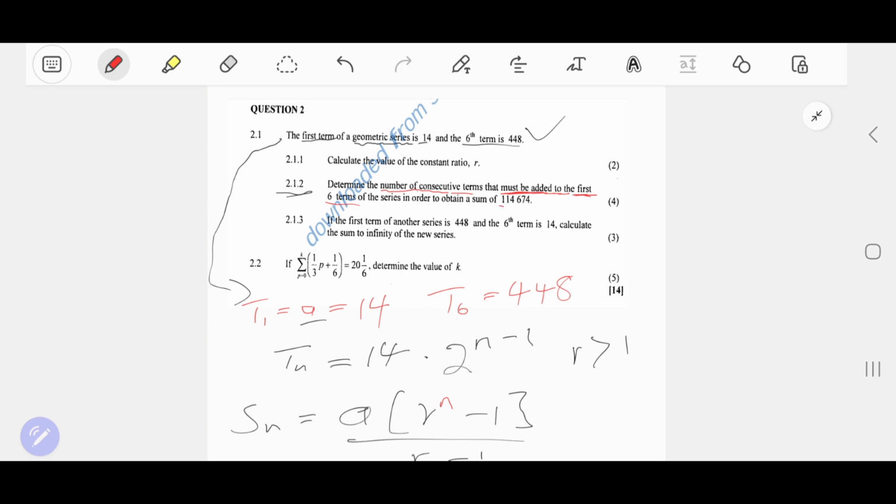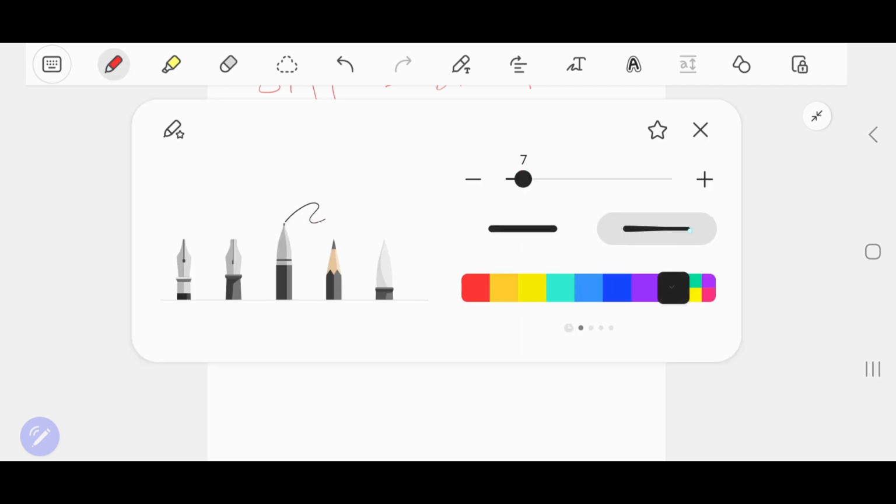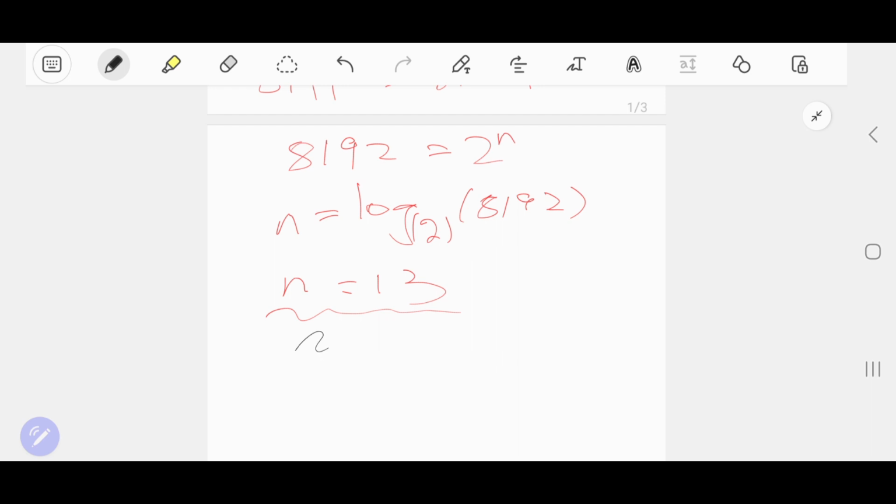So already they have told us the total is 13. But here now, we still have one more step. So let's go to the 6 numbers that we have already added. We know that it's going to be 6